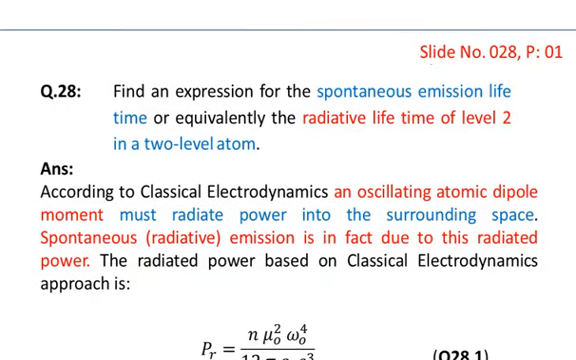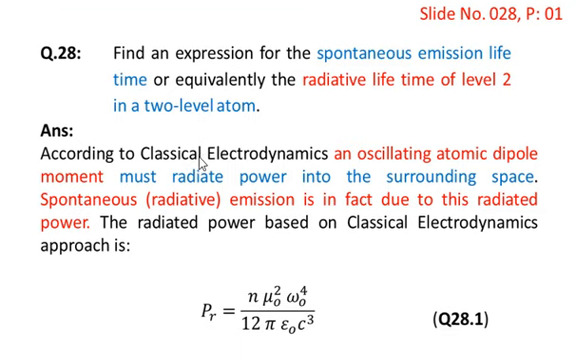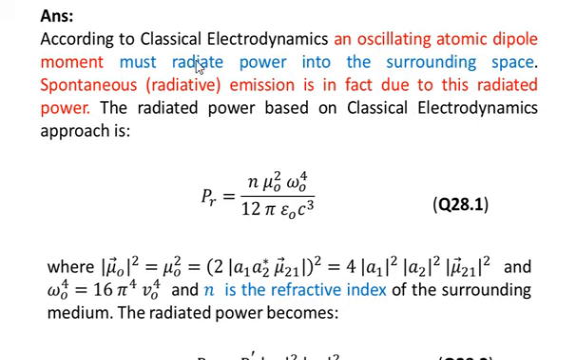The question is, find an expression for the spontaneous emission lifetime, or equivalently the radiative lifetime, of level 2 in a two-level atom. The answer is, according to classical electrodynamics, an oscillating atomic dipole moment must radiate power into the surrounding space. Spontaneous or radiative emission is in fact due to this radiated power. The radiated power, based on the classical electrodynamics approach, is given